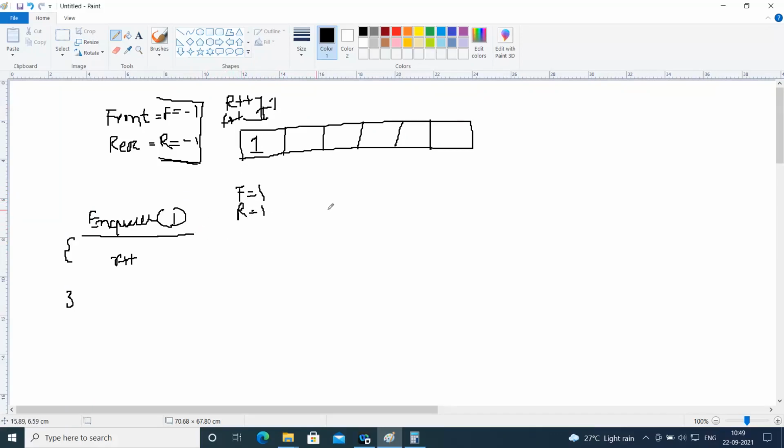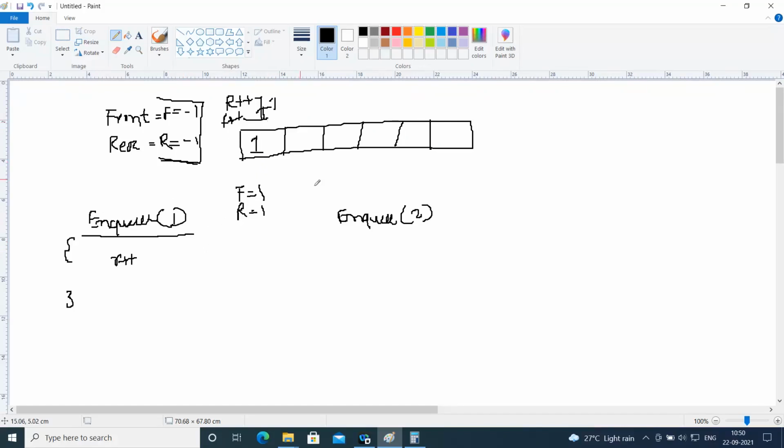Let's say we execute the enqueue operation again, this time enqueue 2. This second enqueue is different from the first, because earlier there was no element, so we incremented front and rear by 1. But right now there is an element in the queue, and the front should always point to the first person or the first entity in the queue.